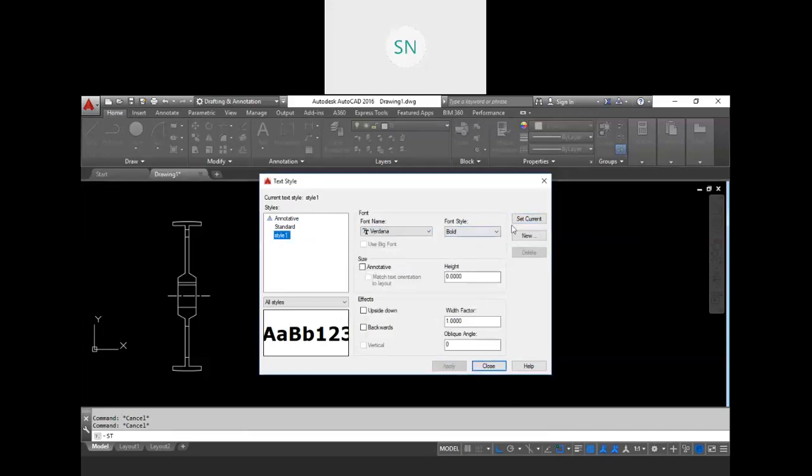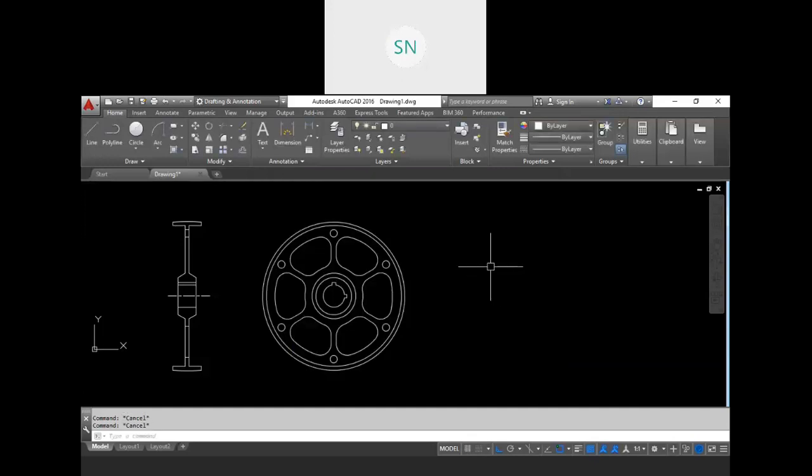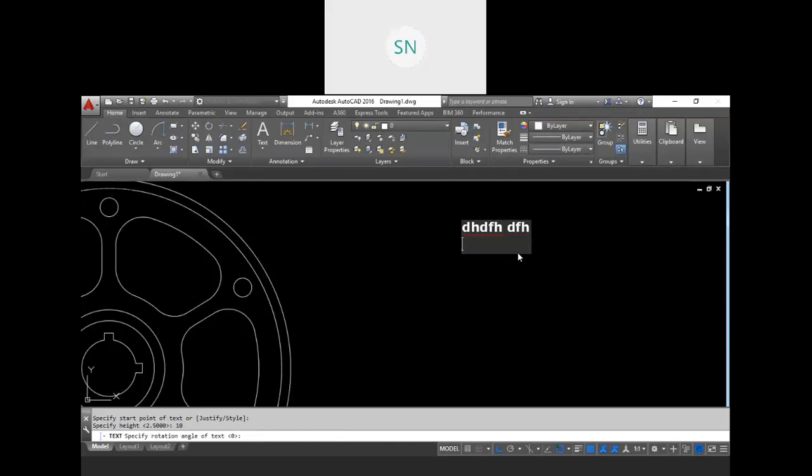Once you set it as current, your simple text will carry that text style. We have 10 mm height and angle, and so on. So you need to set it current.